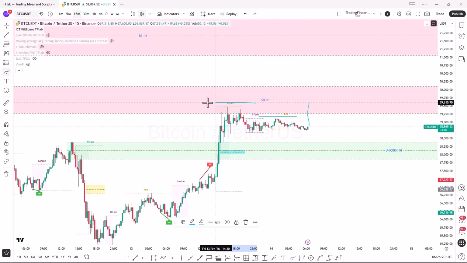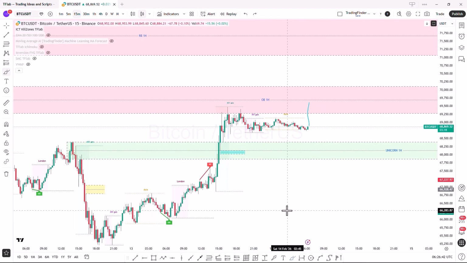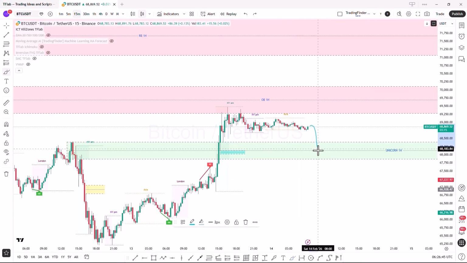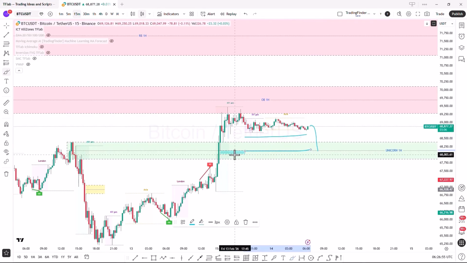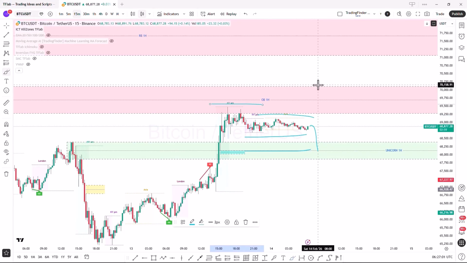Liquidity needs to be collected on the buy side, and if liquidity is gathered and the price closes again within the range or the order block area, it can be considered as two strategies: the Ryan Soldier strategy or the false breakout strategy. We can consider using this opportunity to enter a sell position towards the sell side liquidity target in the market. But if the price moves downward and collects the sell side liquidity from the consolidation area and enters the unicorn zone, we can use this opportunity to enter a buy position towards the buy side liquidity target and the liquidities after the order block.